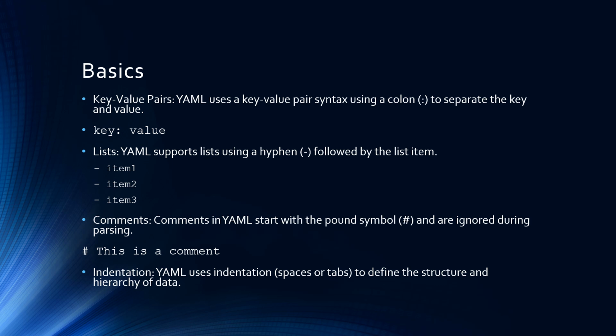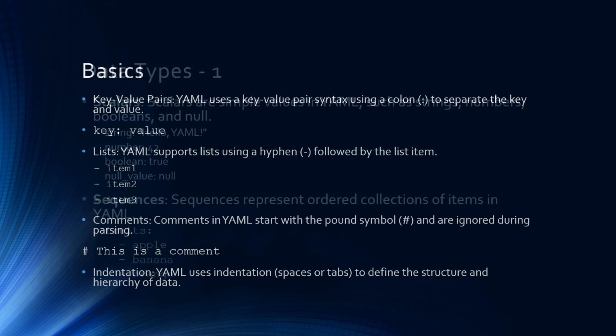Comments in YAML, as shown in our example, begin with the pound symbol. These comments are invaluable for documenting your configuration files, explaining complex settings, or noting why certain choices were made. The parser ignores everything after the pound symbol on that line, making it safe to add detailed explanations without affecting